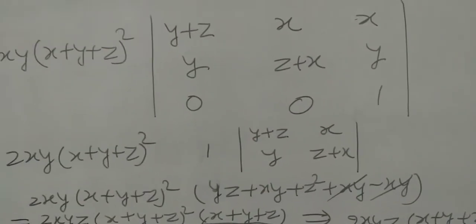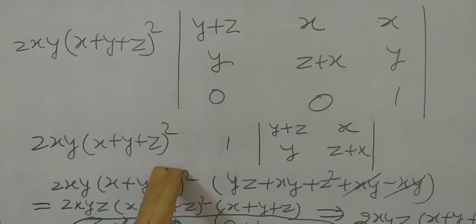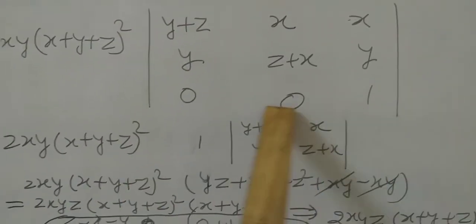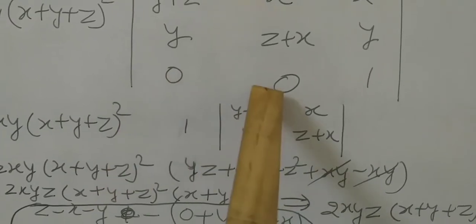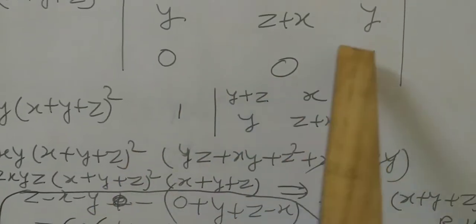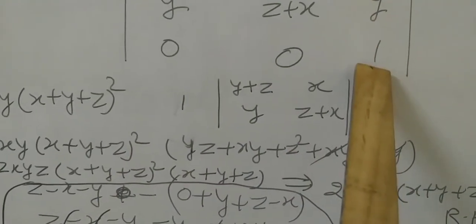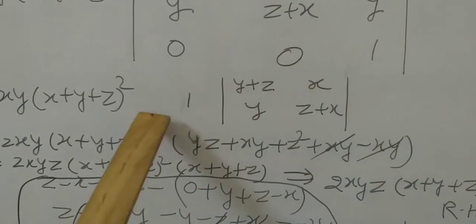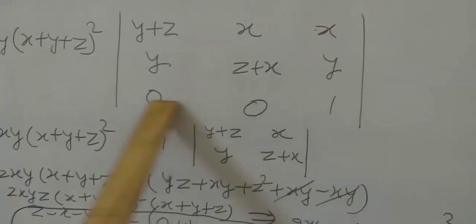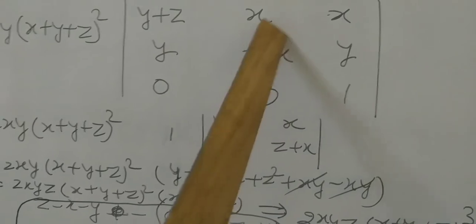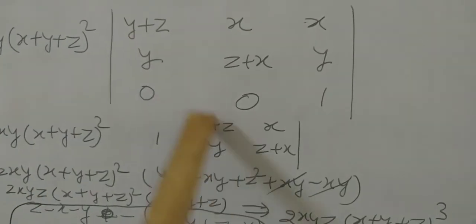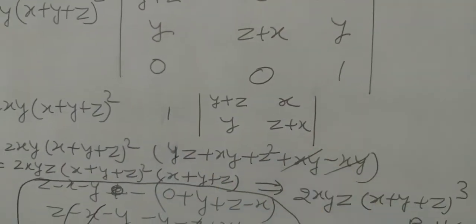It is not required to write. Okay. So this part will be as it is. And I am going to expand along this. So it is 0, it is 0. Not required to write. It is 1. So I have taken 1. 1 is at the place of A33. That's why it is positive. Okay, now delete its row and column. So R3 and C3 will be deleted. This is the left part. We have to write this left part as it is: y plus z, y, x, z plus x.